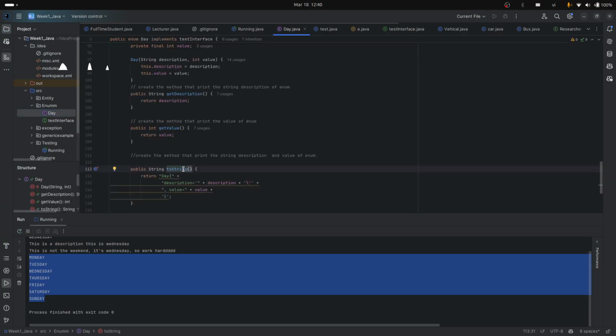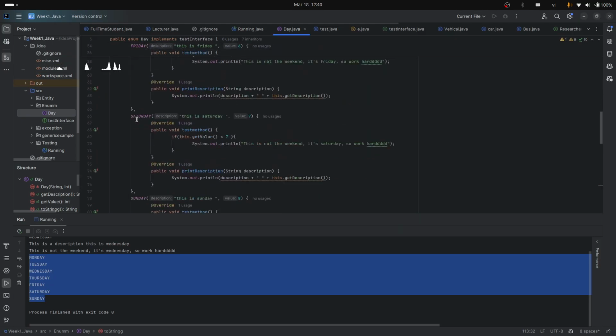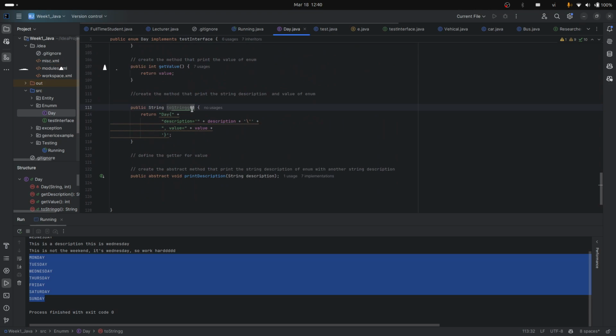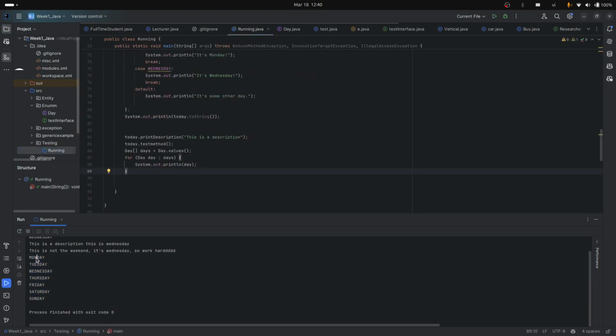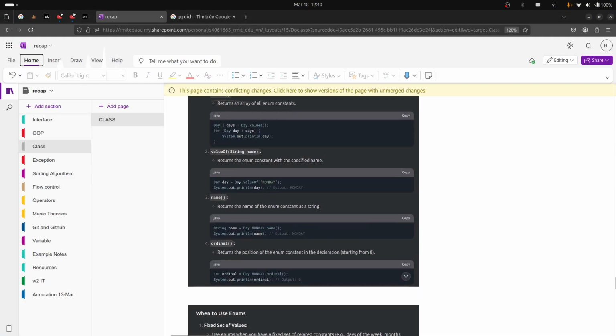But right now, I just want to see the actual value of the enum array. So I'm going to write another name for this one. So it's going to print out the actual value of the enum. Right, and another method, let's say valueOf, is going to convert the string into the